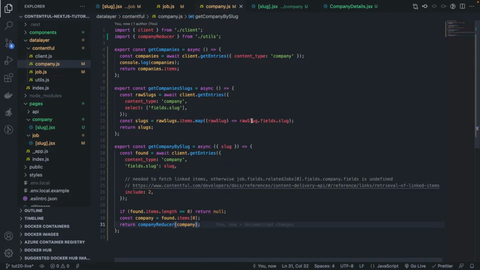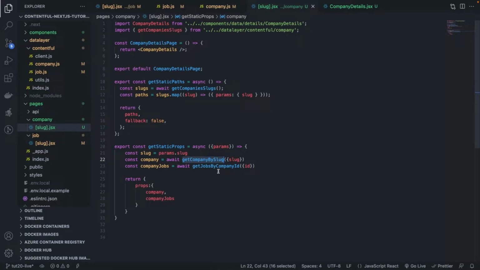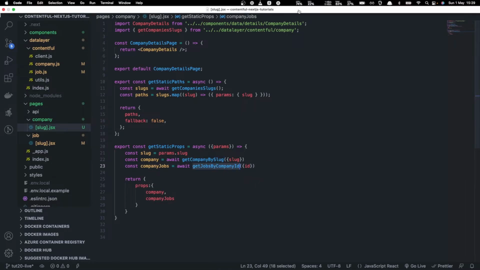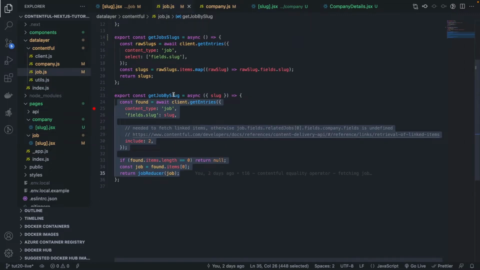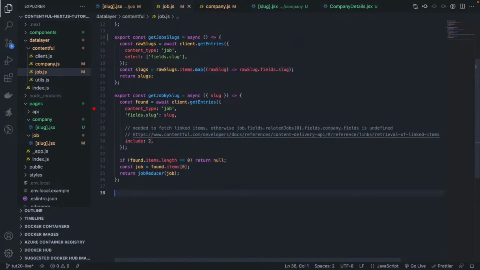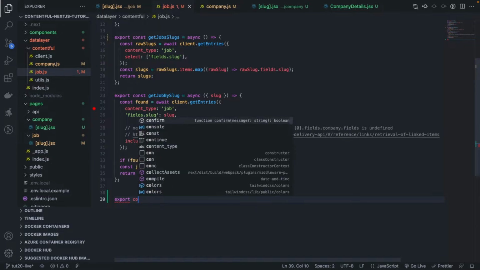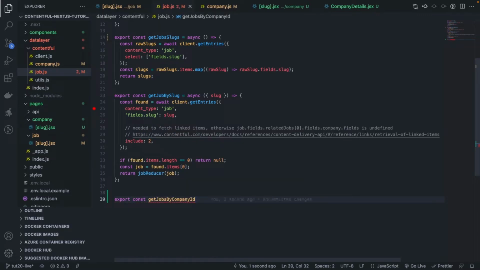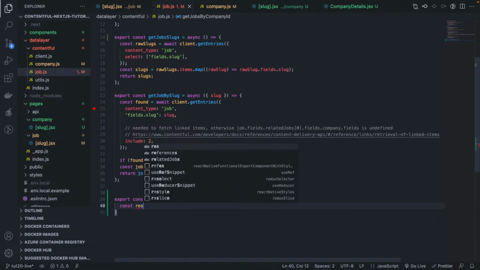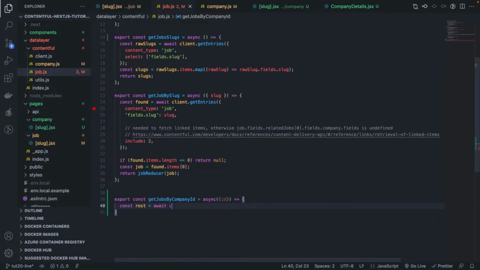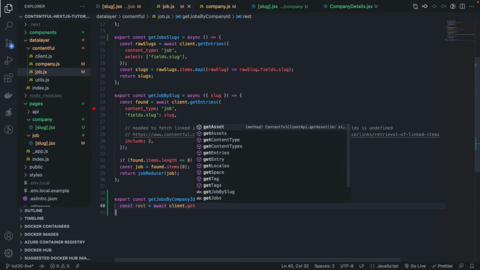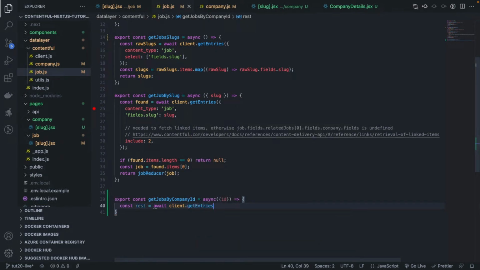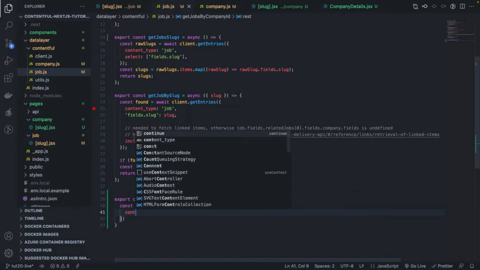Very good. Now one last function to implement is get jobs by company ID. It's a function that is related to jobs, so it needs to be in this file. So export const get jobs by company ID. Async. We pass in the ID of that company in question, and what we do is very simple. Const result equals await client get entries. I'm going to pass in content type